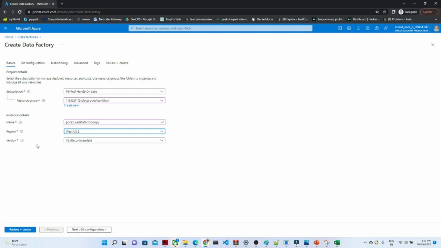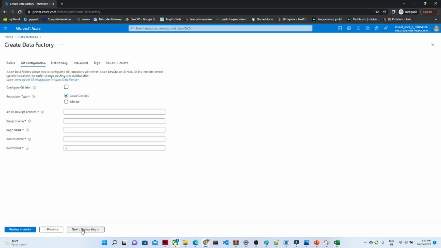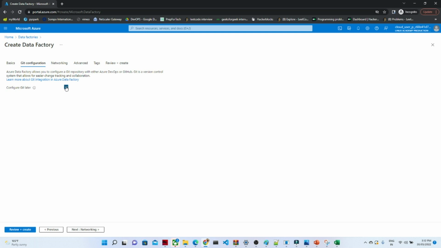Okay. Version. As of now, it is including V2, so I am going with V2 only. Now we will click on next. If you want to add your GitHub repository and all, that also you can do from here. But I'm not going to do that, so I will click on configure Git later. Now next,